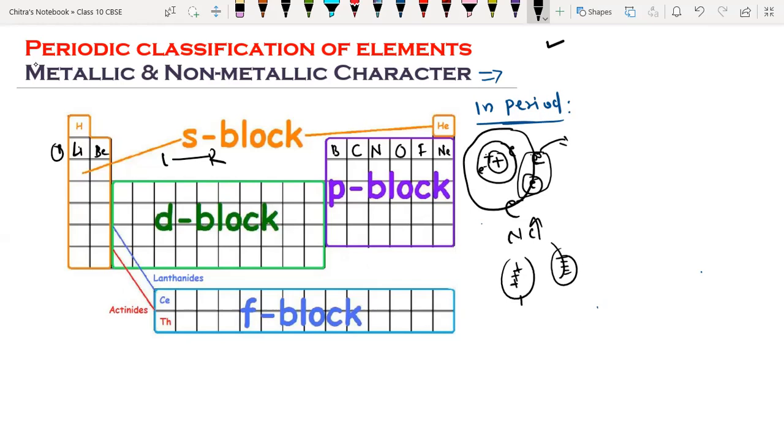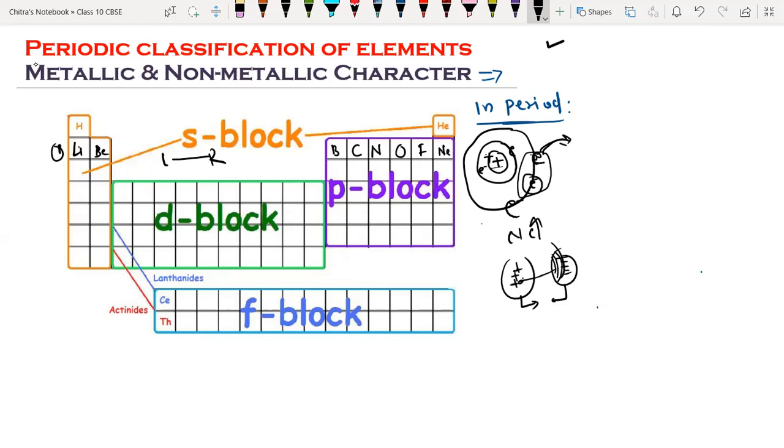So the intensity of positive and negative charge, which is called Coulombic force, increases between the nucleus and the electron of the outermost shell. So the outermost shell is slightly attracted toward the nucleus all the time, and atomic radius decreases. So the Coulombic force between proton and electron of the outermost shell increases, and it becomes very difficult to lose an electron for each next atom. It becomes very difficult to remove an electron from the outermost shell of an atom. All the time it requires more energy. So we already went through that.